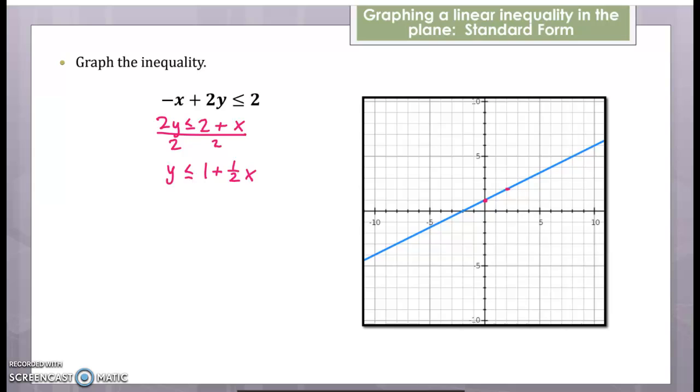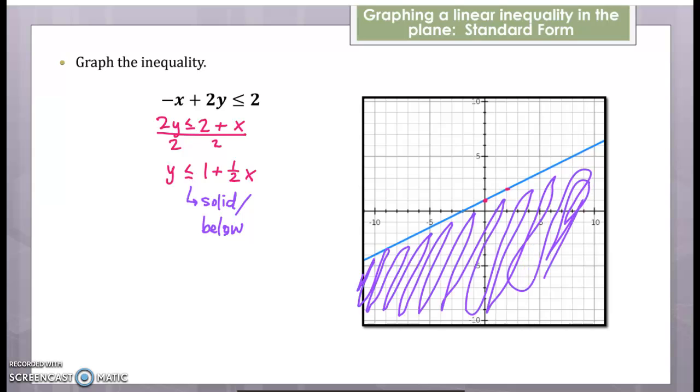line here. One word of caution: if we do end up having to divide by a negative, what happens to the inequality sign is it's going to flip. Okay? Here with this equation, this symbol indicates a solid line, which I have here, and it indicates below. So I'm going to shade underneath my solid boundary line